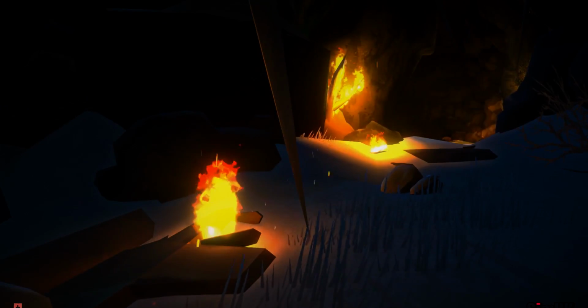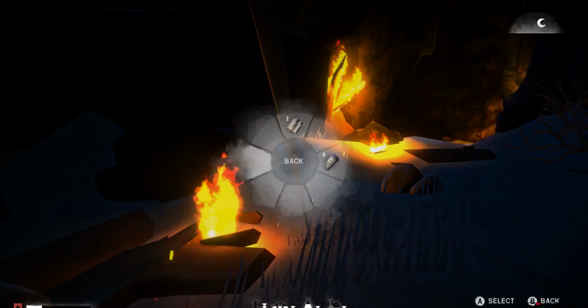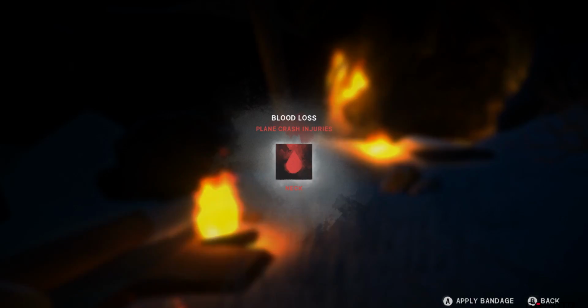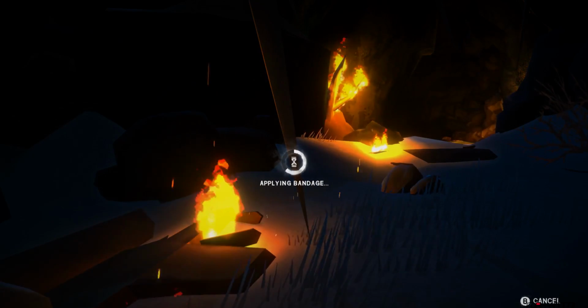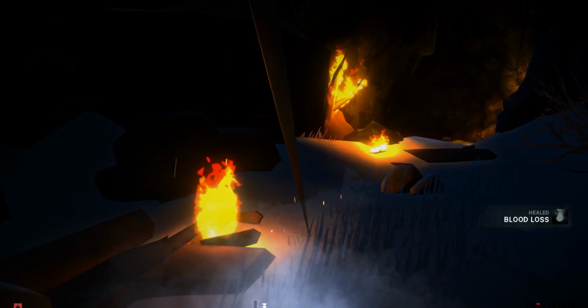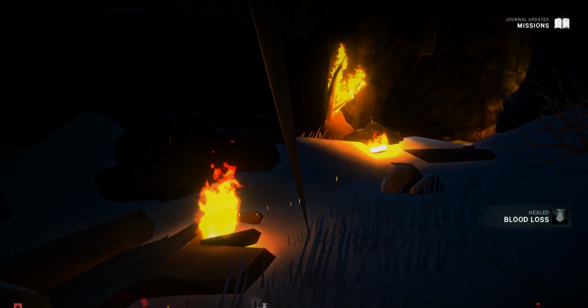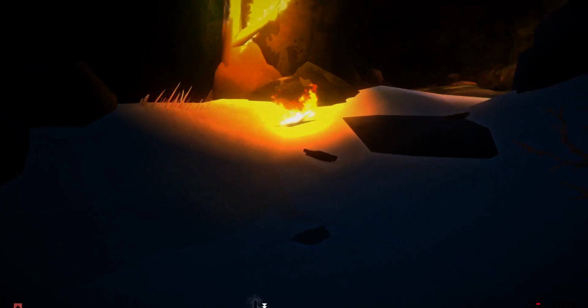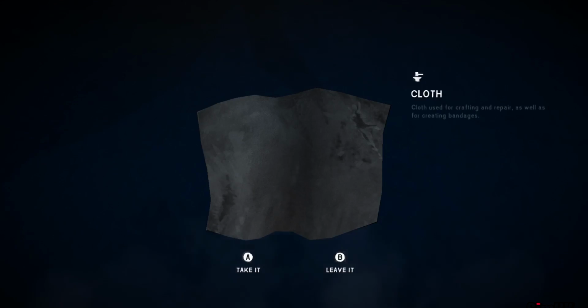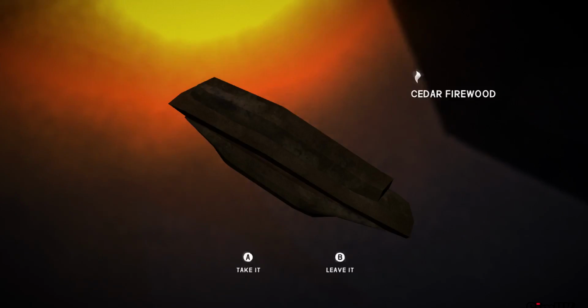And it's true. Need some first aid. Now, we're freezing cold and we need a bandage on our hand, so let's start with that. Let's go straight for the bandage, and we're going to apply that to our hand. So we've stopped the blood loss, which is good. Now, if you look at that little icon right in front of us there, right at the bottom,